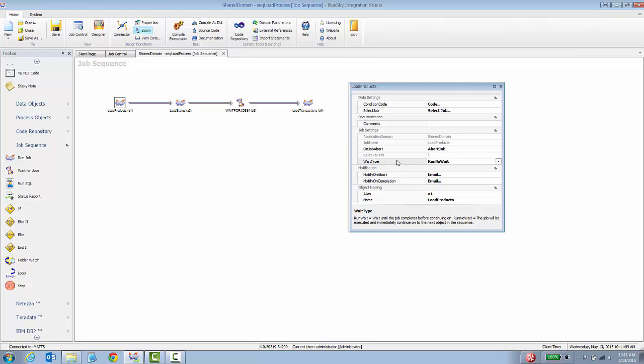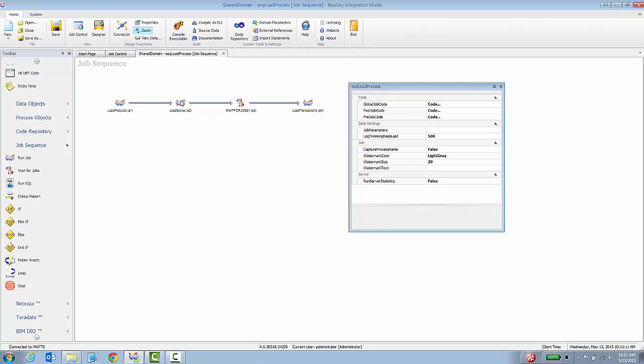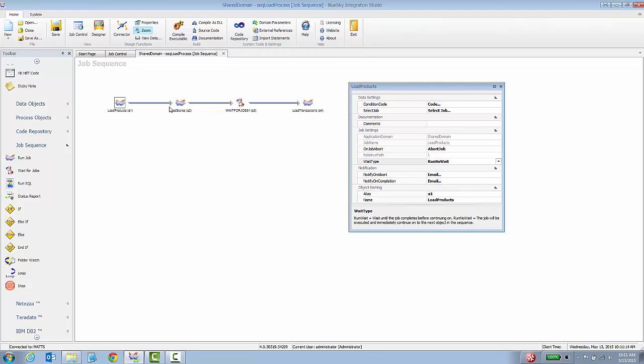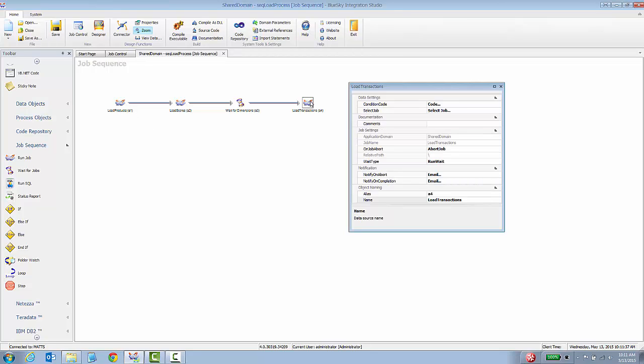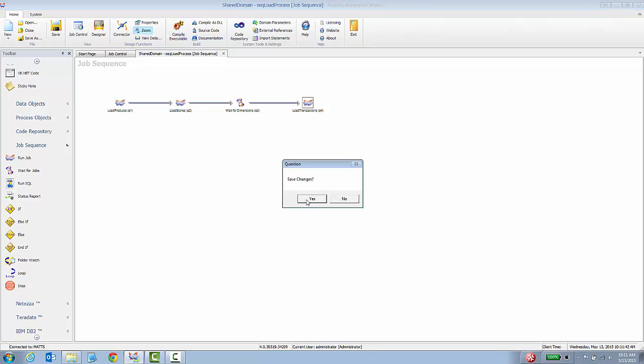So these two jobs we're going to run in no wait. So it's going to initially just kick this one off, and immediately jump to this object. So these two will be running at the same time in parallel. And then it's going to stop here, and I'll rename this one. I'll say wait for dimensions. And that'll wait for those two jobs to complete, and then it'll do the transaction job. And that's it. So I'm just going to go ahead and compile this